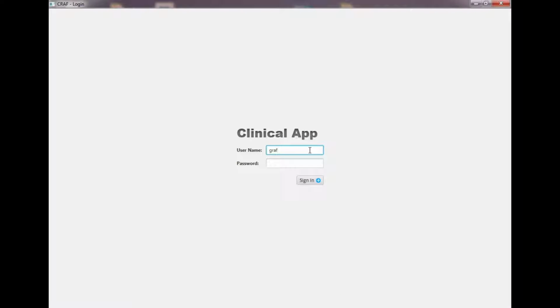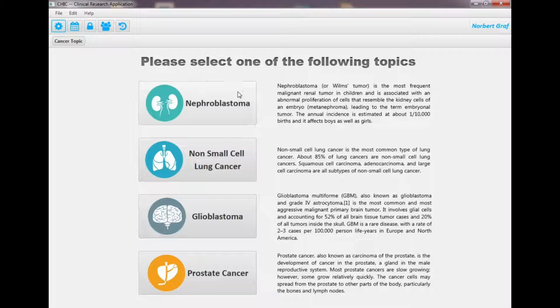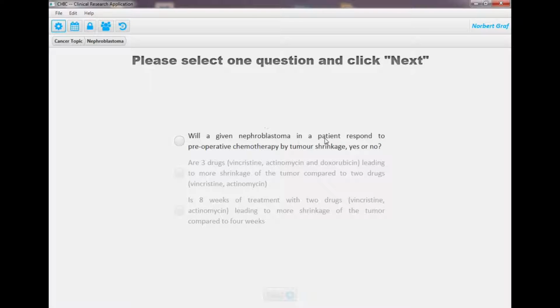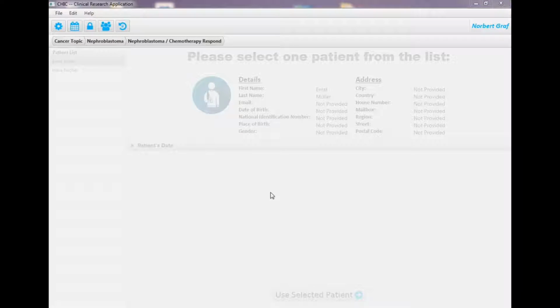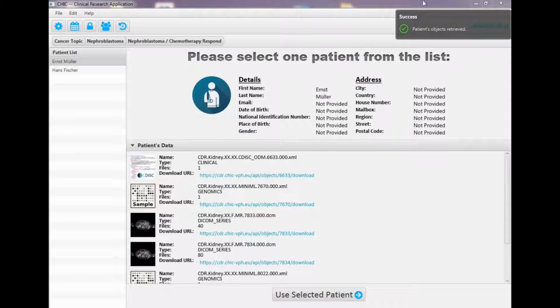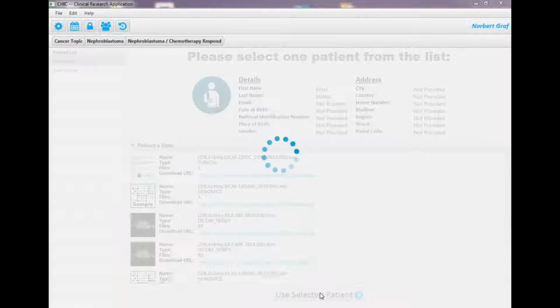After opening the clinical research application framework, we are asked to enter our name and a password to sign in. After signing in, we get the possibility to go for nephroblastoma or other cancers. If we are searching nephroblastoma, there will be the question: will a given nephroblastoma in a patient respond to preoperative chemotherapy or not? We then see a selection of patients, and then selecting one of these patients, there's the data